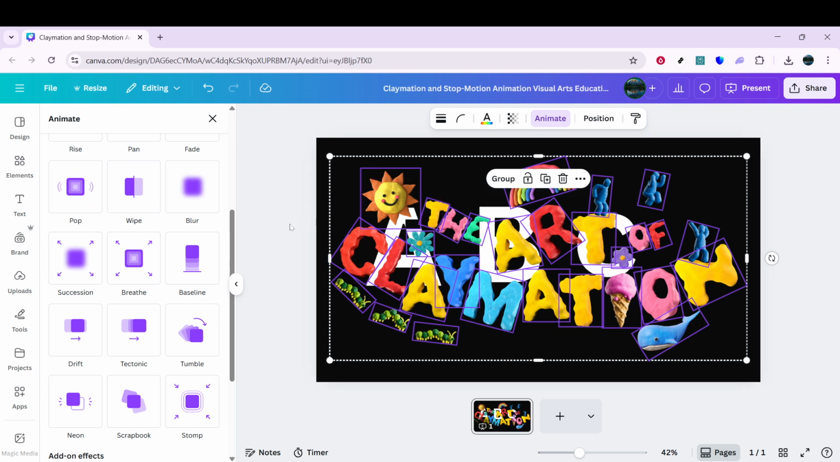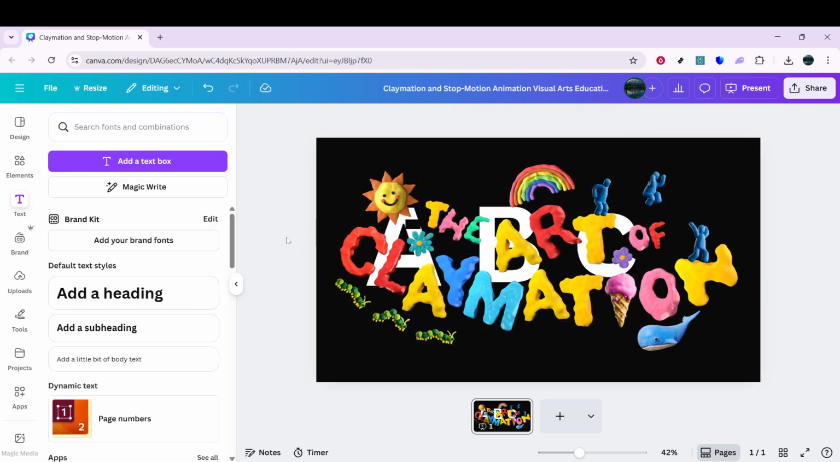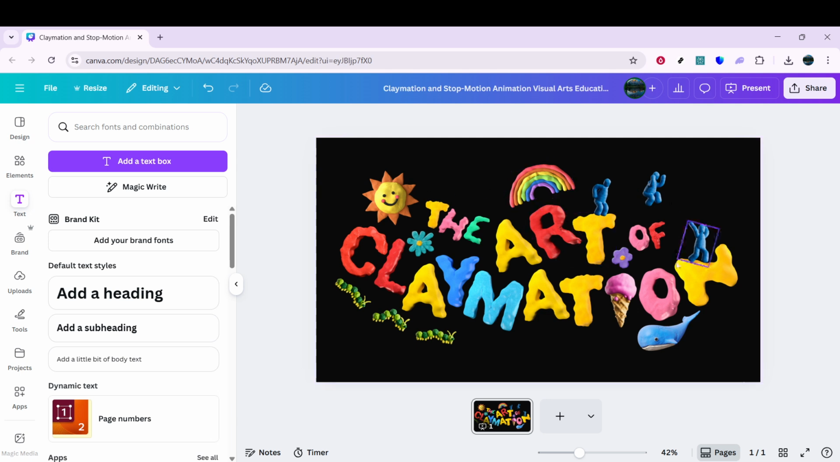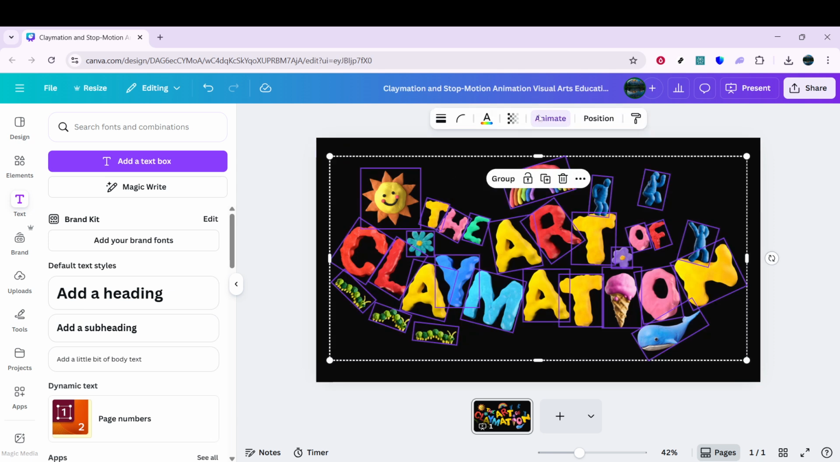Repeat these animation and timing settings for every text box until all words or lines animate in the order you want. When you're done, click play to preview the full sequence. Watch for pacing, readability, and any words that pop in too early or too slowly, and fine-tune the timing as